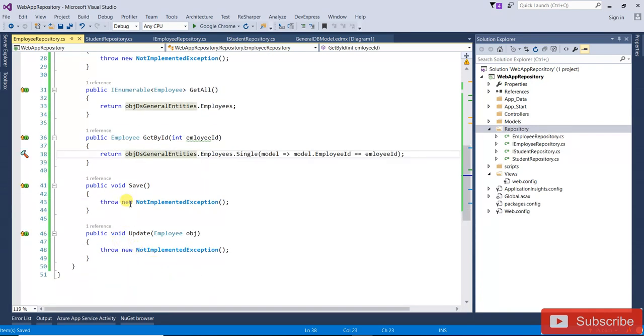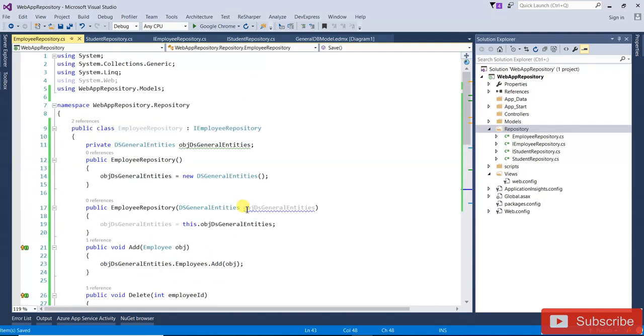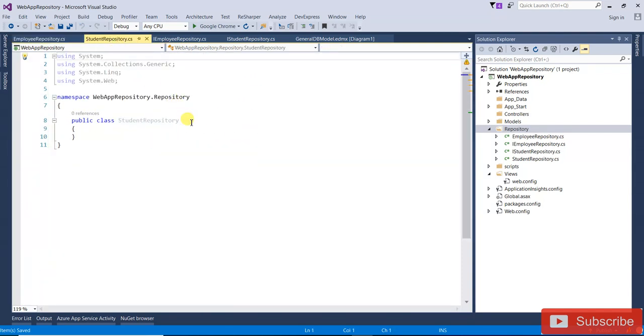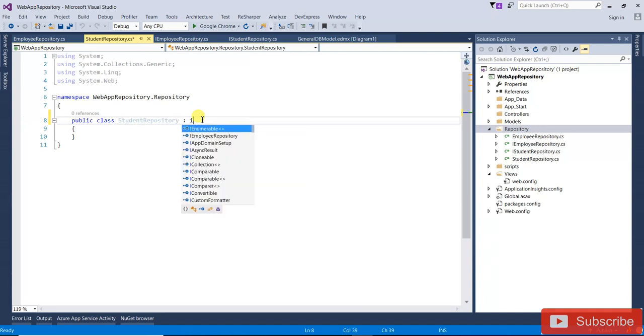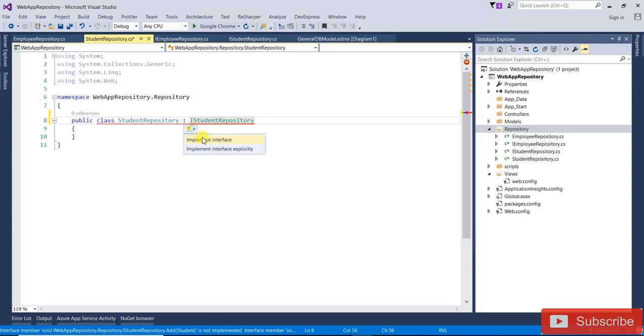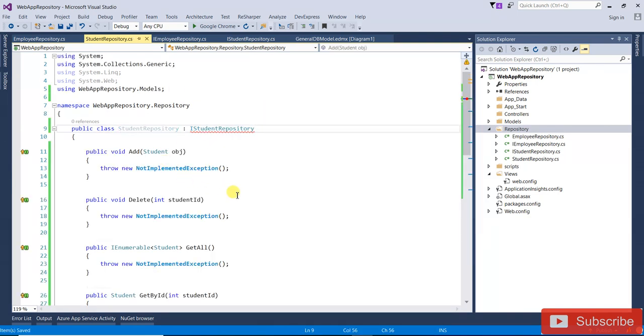Same for save, what you have to do is call save changes, that's all. Same for student also, you can implement it yourself in the student repository. So now how will you call that repository in your